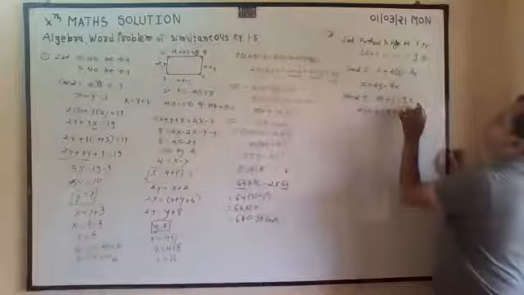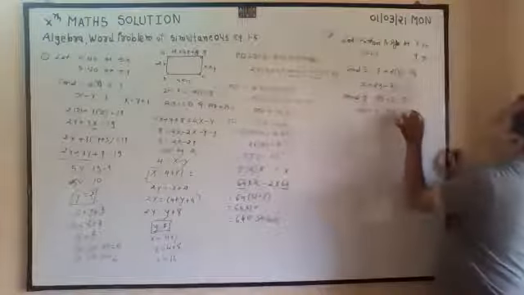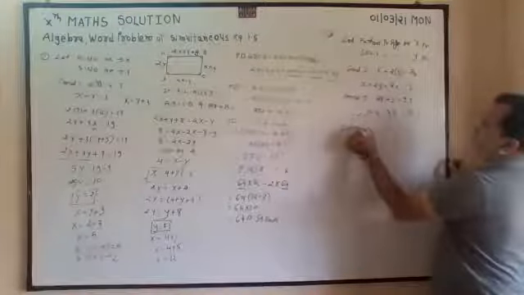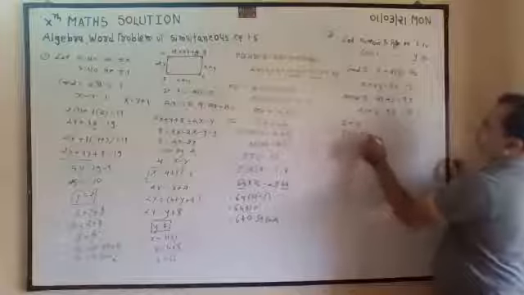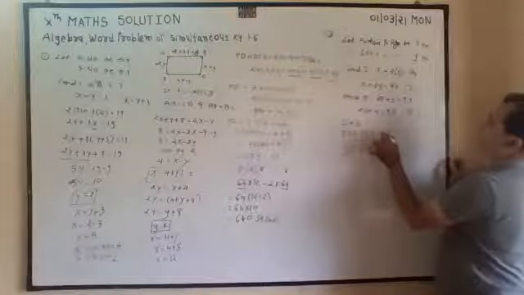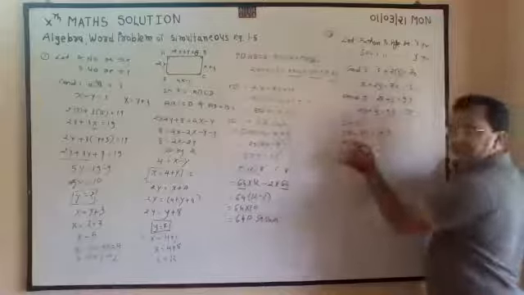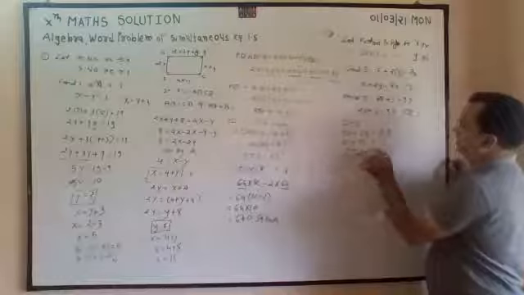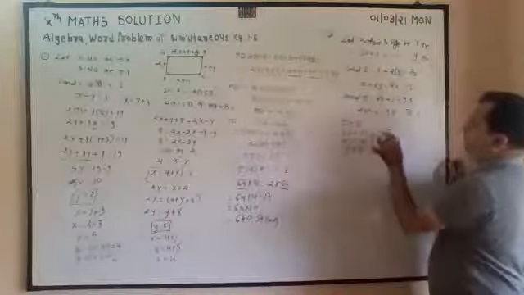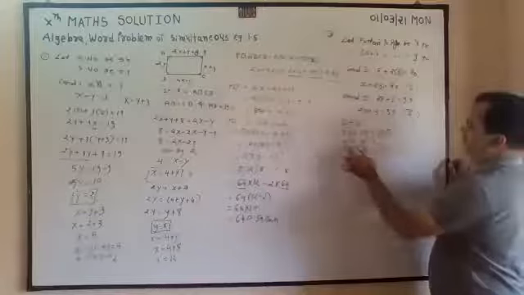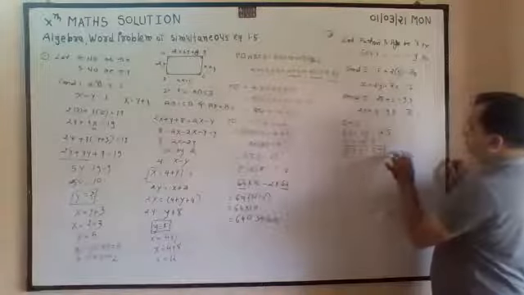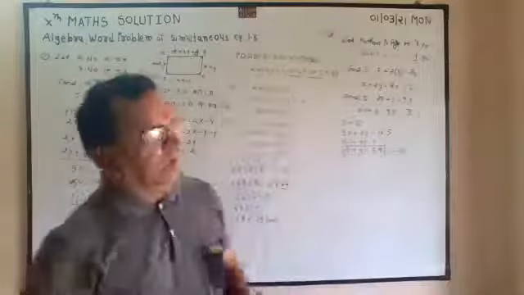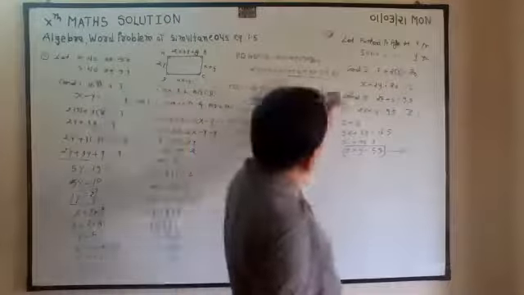Correct. This is equation 1, equation 2. Now you add both the equations. First plus second. So that is 3x plus 3y, divided by 3. So that is x plus y. 5 3s are 15, 5 3s are 15. That is the third equation. I have done first plus second.